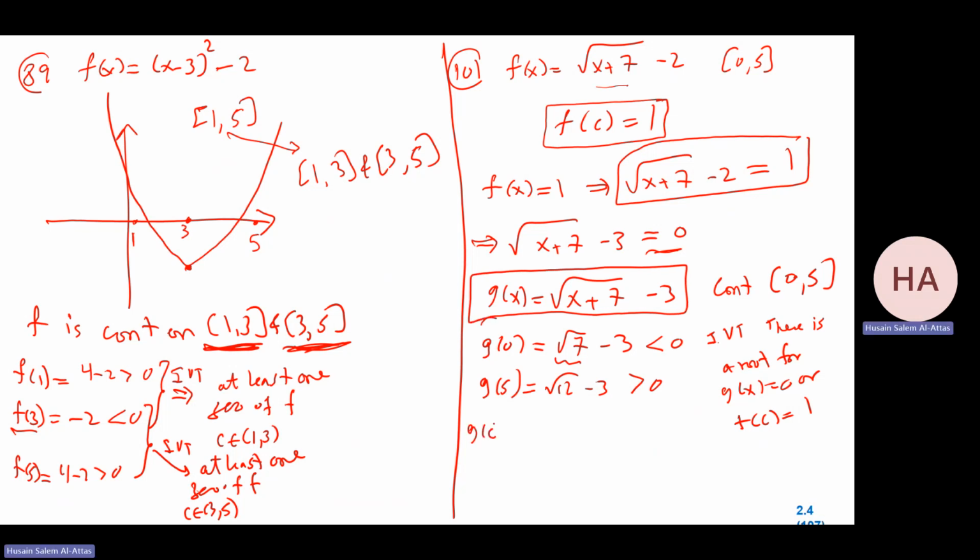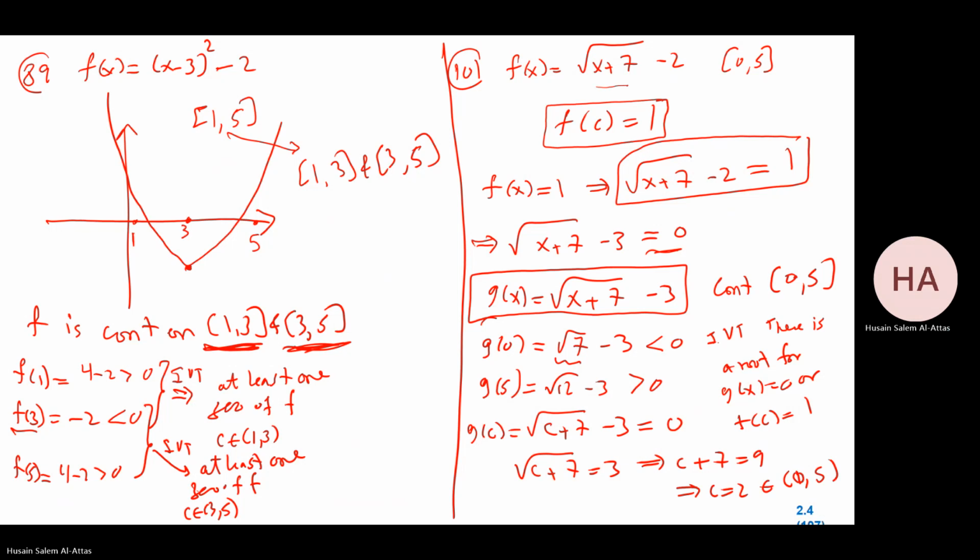So g at c will be square root of c plus 7 minus 3. I want it to be equal to 0. So square root of c plus 7 equals 3. Square it. c plus 7 equals 9. So c equals 2, which belongs to the interval 0 and 5, which is correct. Now 103,